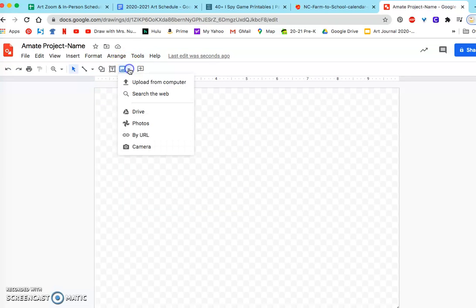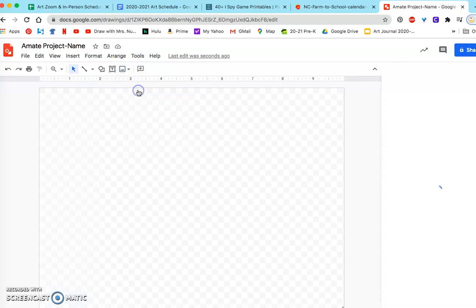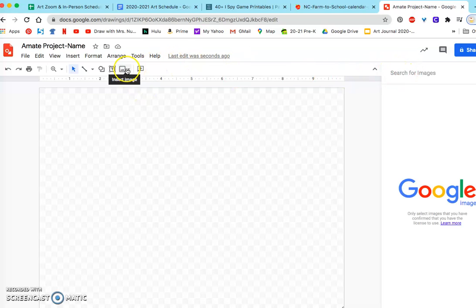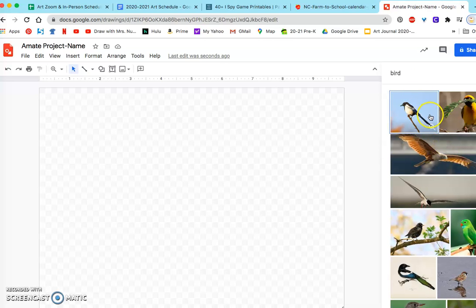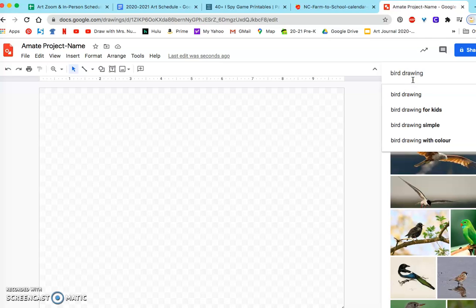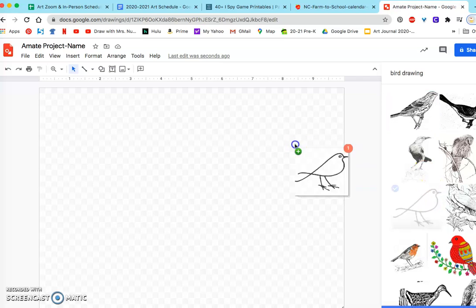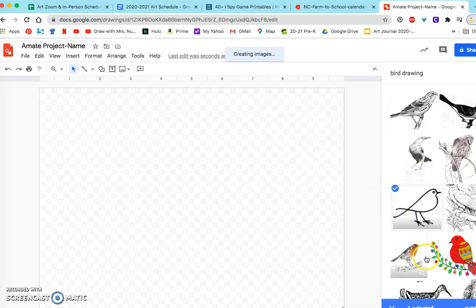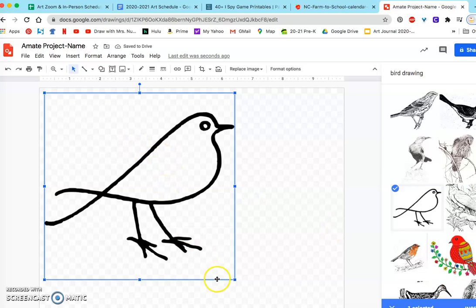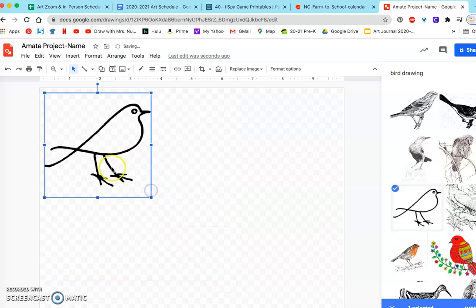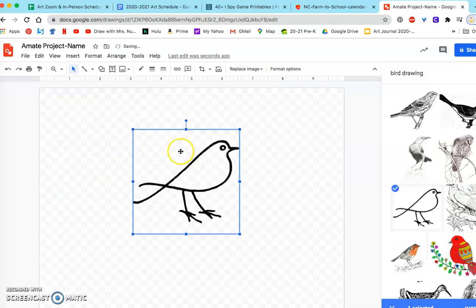And then maybe you want to bring in a picture of a bird. And so I would do that, click image. You can upload it from your computer or search the drive or different places here. I just go right here by my computer or search the web, and I'm going to look up a bird. I could even put bird drawing. I mean, you have to be specific. You know what? I like that bird right there. So I'm going to hit that, and then at the bottom, there we go. So I'm going to insert it. I think I want that bird to be part of my